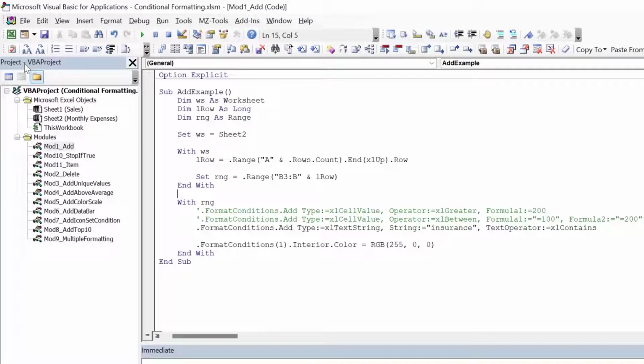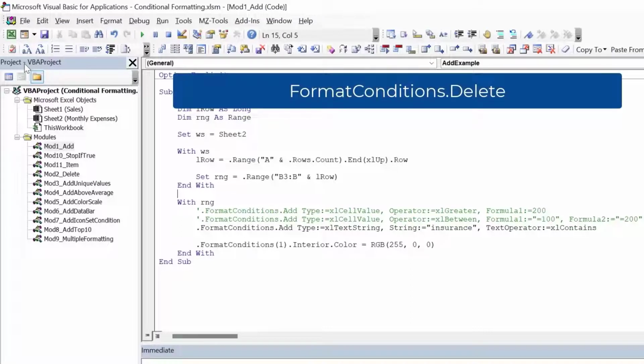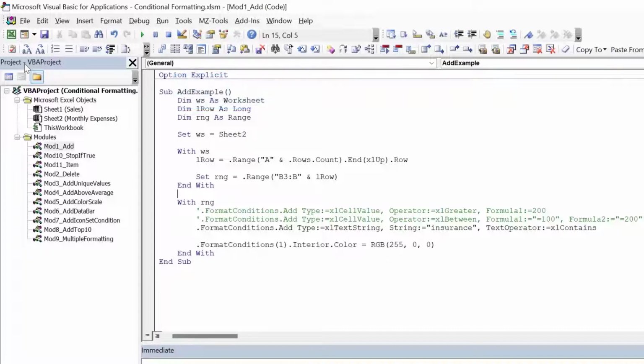Moving on to the next method, which is the FormatConditions.Delete method. This method deletes the FormatConditions object. When working with a single conditional format, it is advisable to always delete any existing format first before you add a new one. This way, there is no overlapping of formats. In this example, we manually cleared the formats. From now on, we will delete the formats in the code itself. The syntax to delete the format conditions object is very simple. It is